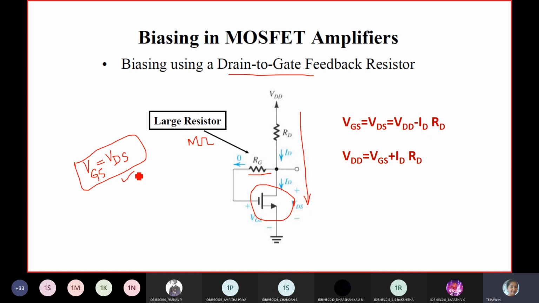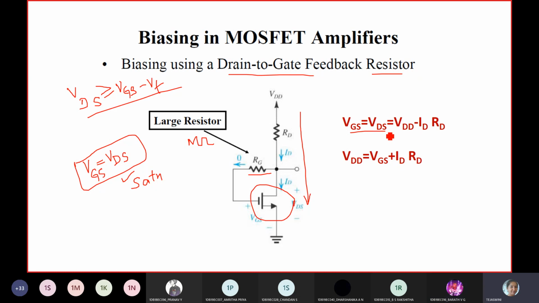So this is also one of the techniques to make your transistor be in saturation. Here saturation means you have to remember one more condition: VDS should be greater than or equal to VGS minus VT. So if this condition is satisfied, your device will be in saturation. That's why we short the drain to gate through a feedback resistor, and the resistor is to maintain high resistance. So now VGS is equal to VDS. Is this clear now? Why it is equal?